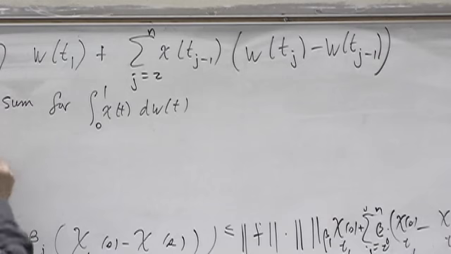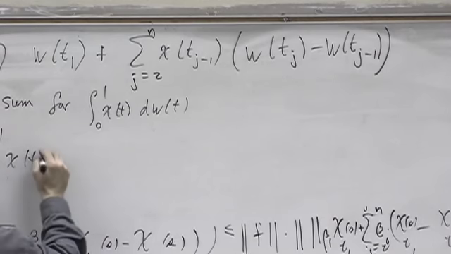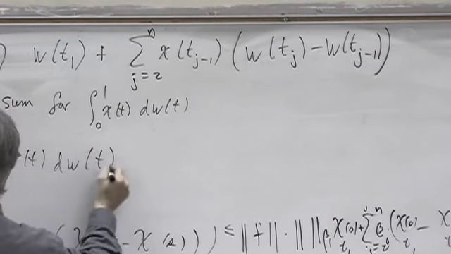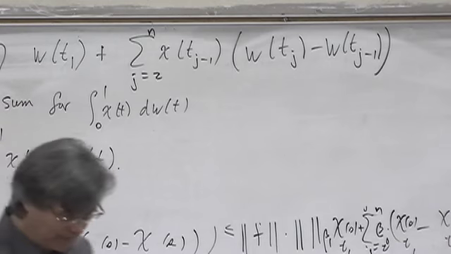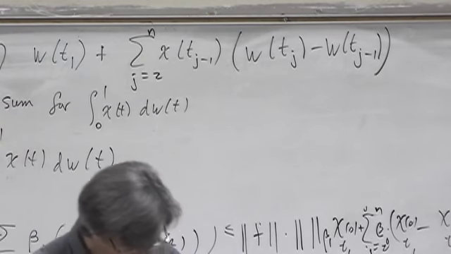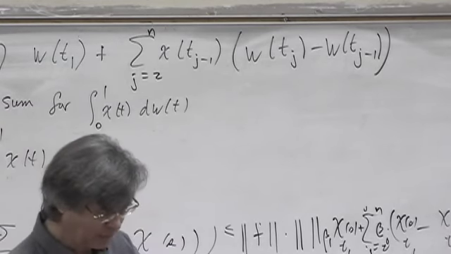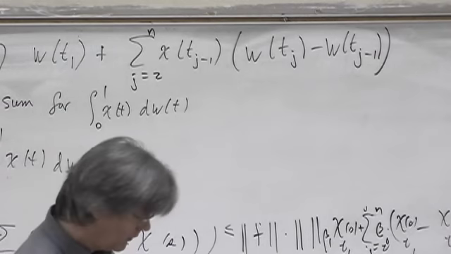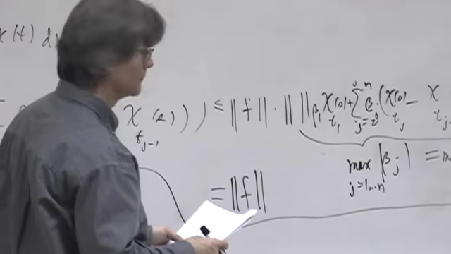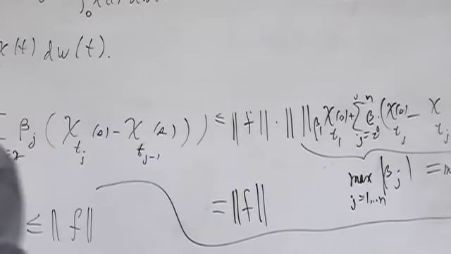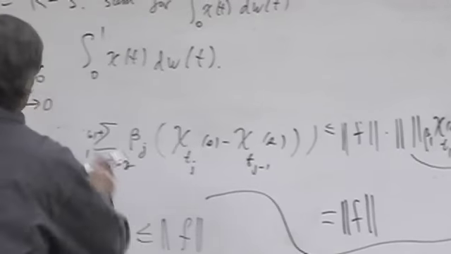This goes to the integral 0 to 1, x of t dw of t. Because that is the Riemann-Stieltjes sum, and that's a theory of the Riemann integral. All right, now, what else? I already gave you that Zn minus x is going to 0, though. So therefore, what I have is that